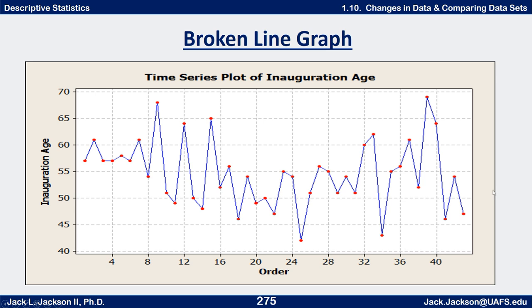There's kind of a variety of different ages. We see some right here at the beginning that are all pretty tightly packed in the upper 50s, lower 60s. But then we get an older person here, followed by a couple of younger ones, and we see some up and down for a while. Then in this period, it's a little bit younger, but then we get a lot more up and down here. So the oldest one is one of the more recent ones, Ronald Reagan, and George Herbert Walker Bush here. And Bill Clinton was one of the younger ones.